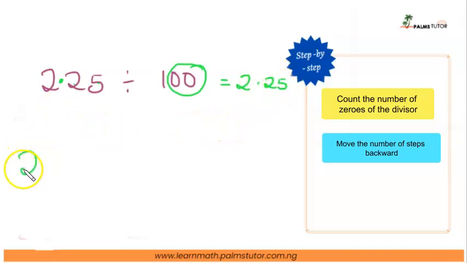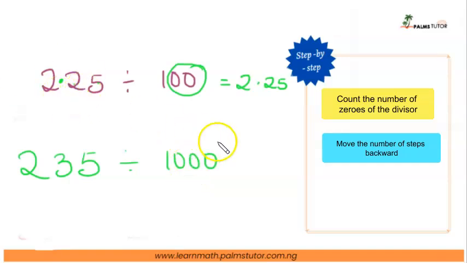If we would do 235, for example, but this time around dividing by 1000, we would have 3 times of 10, right? 10 times 10 times 10 gives us 1000. So we are moving that same backward. Break it first by 10, break it again by 10, break it again by 10. That's 3 times. But quickly, we could just count the number of zeros and say, how many do we have? 1, 2, 3. And then we count 3 steps backward. 1, 2, 3. The decimal point stays in front of that one